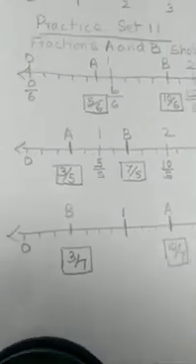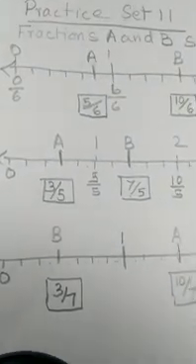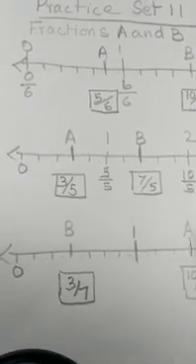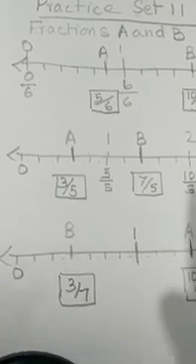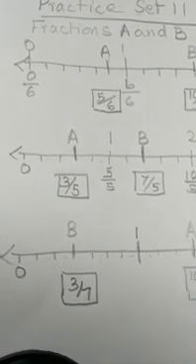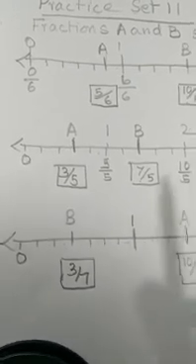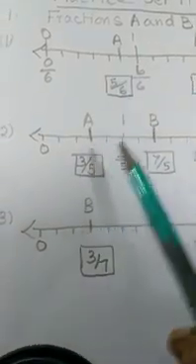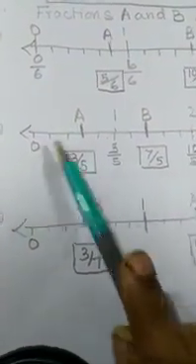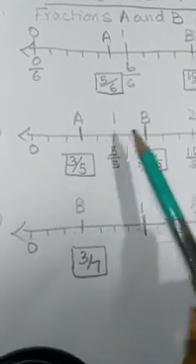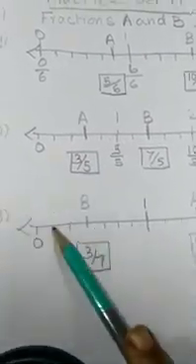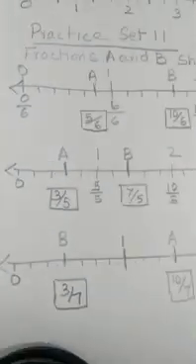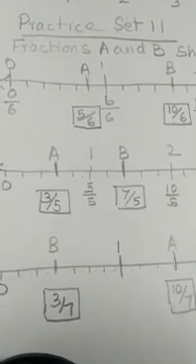So how will you do it when they give you a fraction? If they give you a fraction and tell you to show it on a number line, you have to make the number line accordingly. If the fraction has denominator 6, 0 to 1 will be divided into 6 parts, and if the fraction has denominator 5, it will be divided into 5 parts. And denominator 7 means 0 to 1 divided into 7 parts. So this is how you show fractions on the number line.